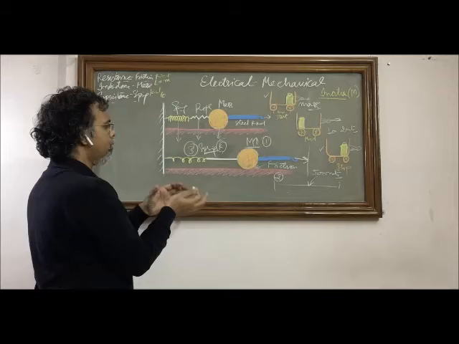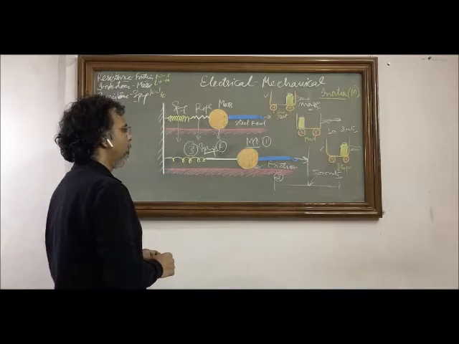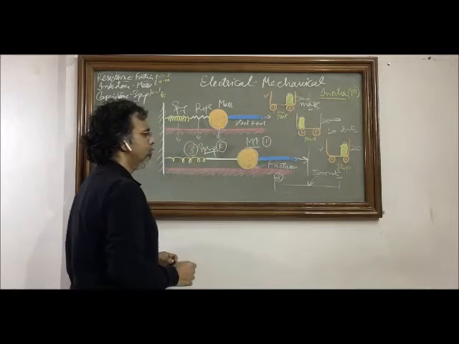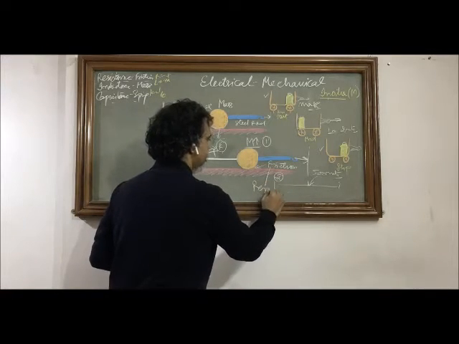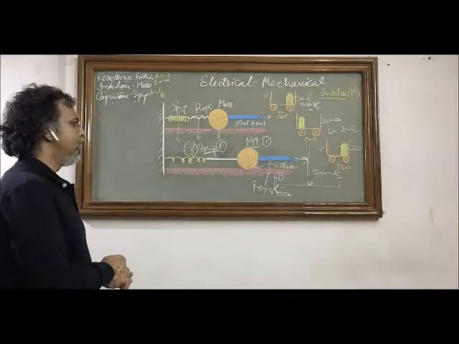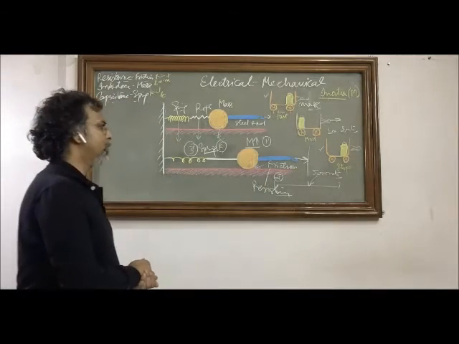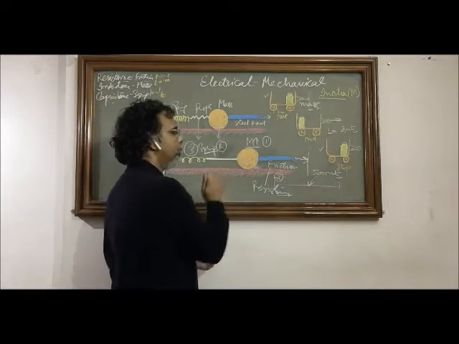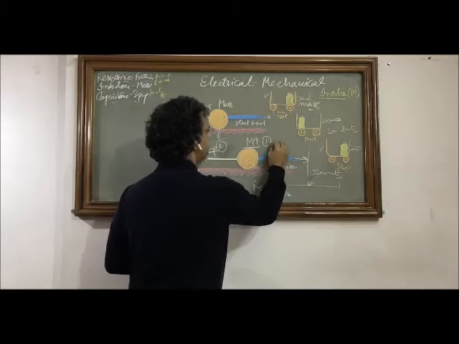Now if we put back our electrical counterparts, or electrical analogues, to all these three, it is said that the friction is the resistance. The electrical resistance in a circuit is analogous to the mechanical friction, or the friction in a mechanical context. Now the mass is going to be your inductance.